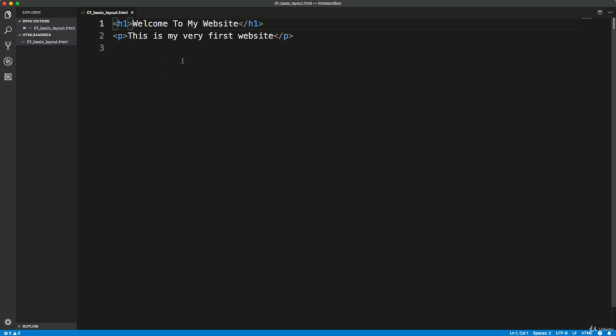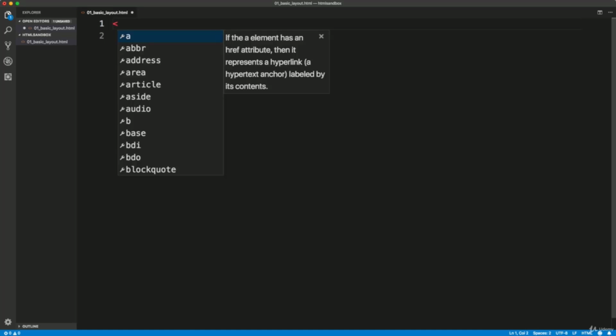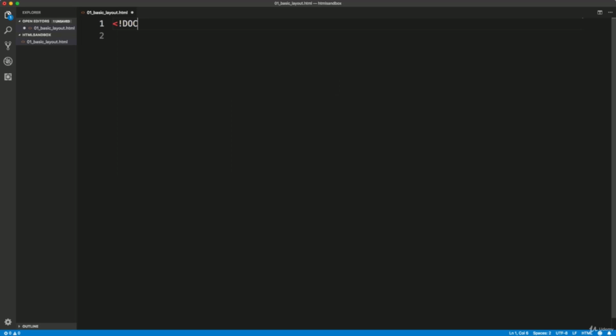Alright, so basic layout of an HTML page. Let's actually just get rid of this for now. So the first thing that you're going to want on every HTML page is the Doctype. Okay, so I'm just going to type this out. It's going to be an angle bracket, exclamation, Doctype, usually all capitals, and then HTML, and then closing angle bracket. So this is a Doctype, and what this does is it tells the browser what type of document it is,